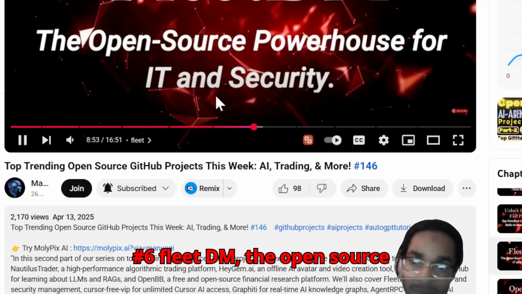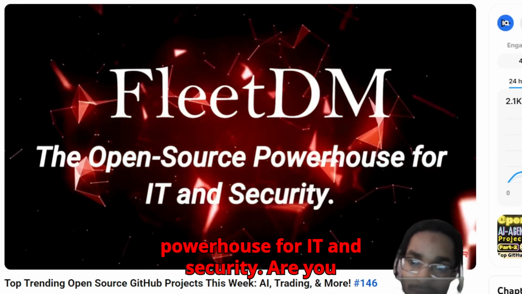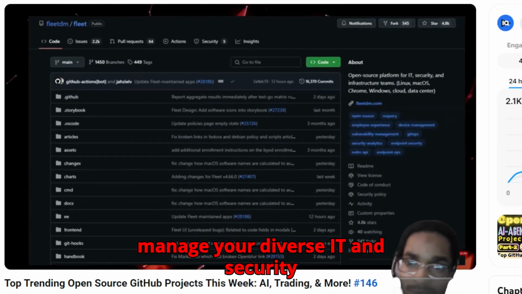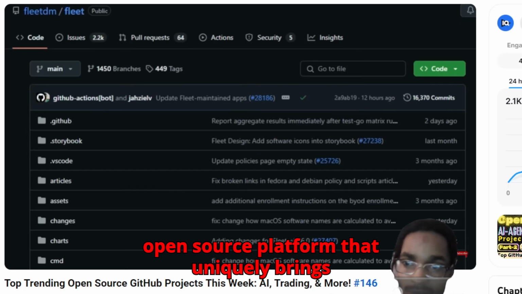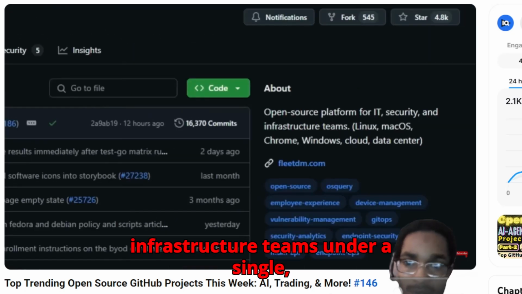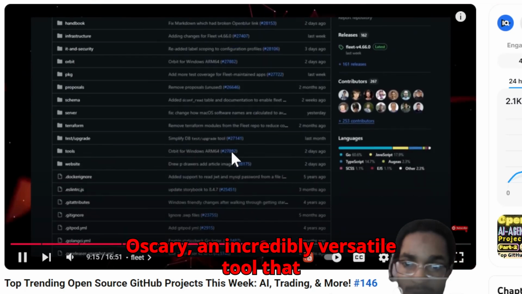Next. Project number 6, Fleet DM, the open source powerhouse for IT and security. Are you tired of juggling multiple tools to manage your diverse IT and security landscape? Let's talk about Fleet DM, an open source platform that uniquely brings together IT, security, and infrastructure teams under a single, powerful umbrella. What truly sets Fleet DM apart is its foundation on Osquery, an incredibly versatile tool that allows